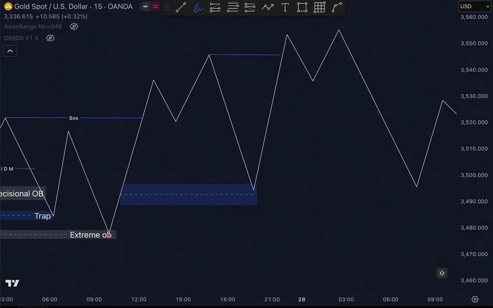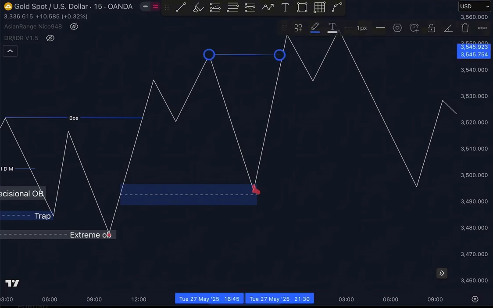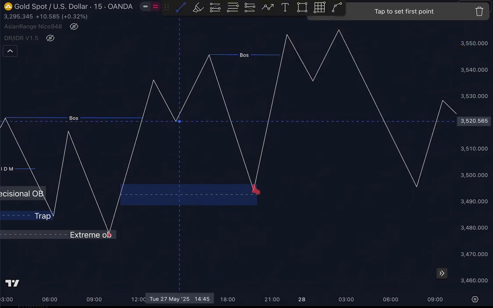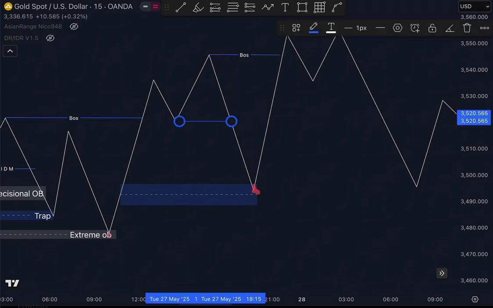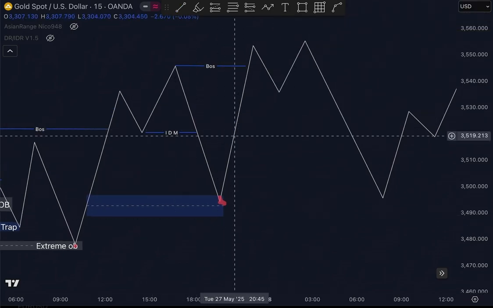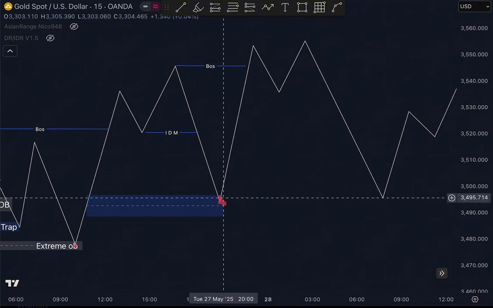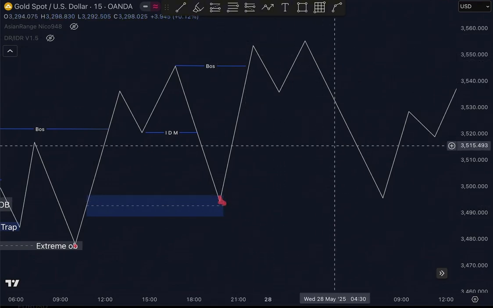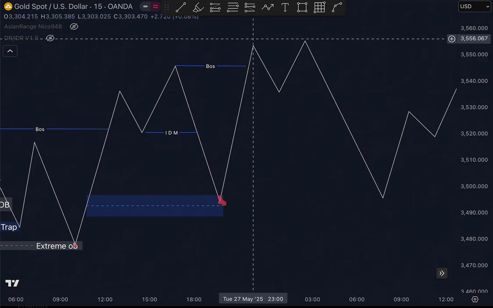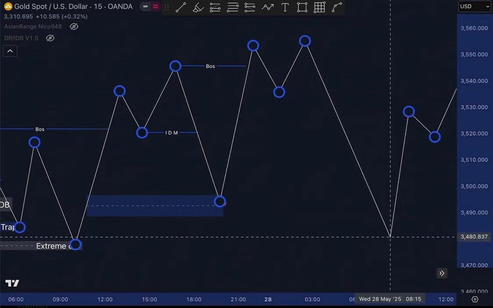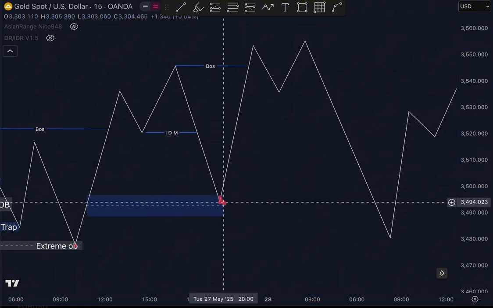You feel me? This origin has become your strong low after breaking this structure and after taking out inducement and then broken that structure. This is where the market is not supposed to go. If this market breaks this strong low, where it has taken liquidity and broken structure, if the market came down to, let's say, something like this, and just went and closed below this level,